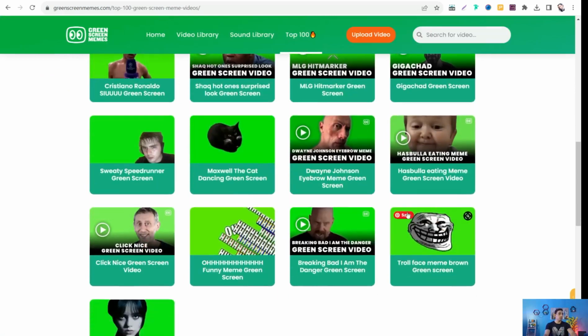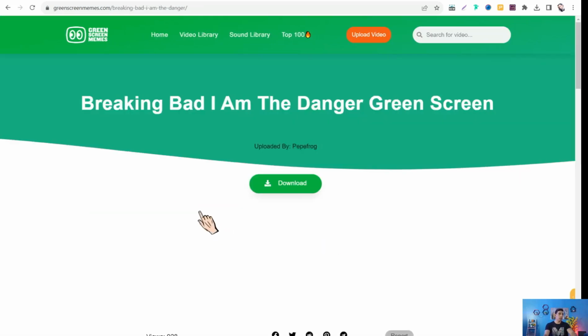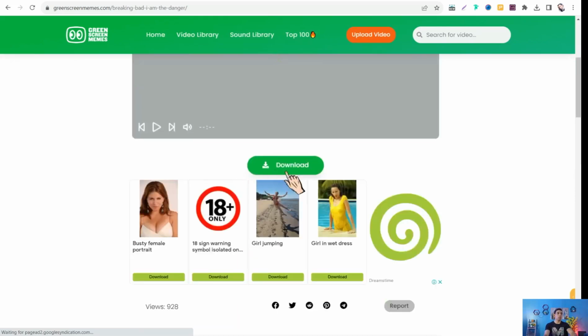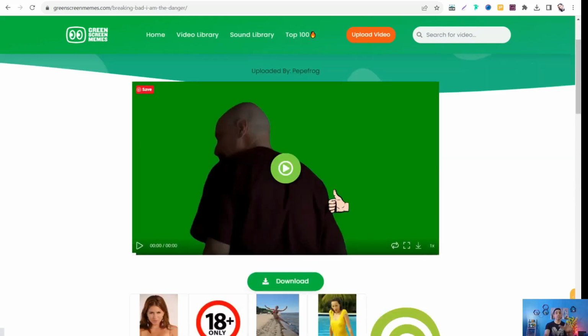Then you can select this one, for example, from Breaking Bad TV show. Then simply click over this button that says download, and your video downloads directly to your device without any watermark, without any hassle. And the next website quickly for today, that is